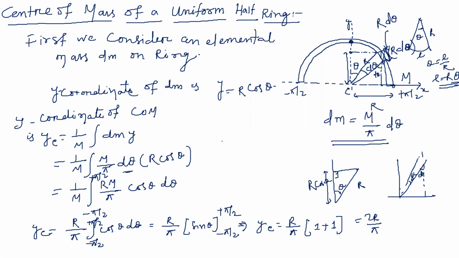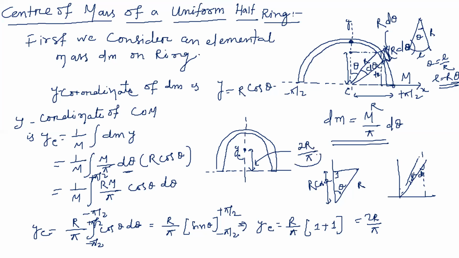That means, students, if this is the half ring, remember, because in competitive exams you are going to apply the formulas of the half ring. In this way, we have derived. If this is the half ring, okay, the center of mass, let's say this is the yc coordinate, and that yc is at what distance? This distance, student, yc is equal to 2r by pi. If you know the radius of the ring, then you can say at what distance the center of mass will lie. 2r by pi from the origin, or from the center, whichever it is, at 2r by pi distance the center of mass of the uniform half ring lies.